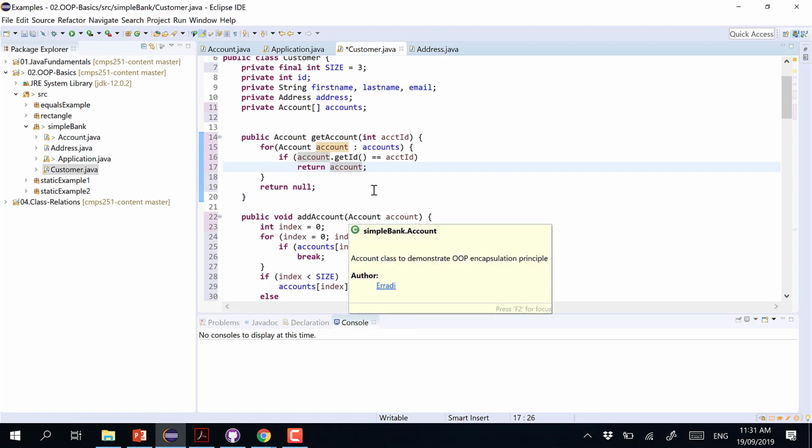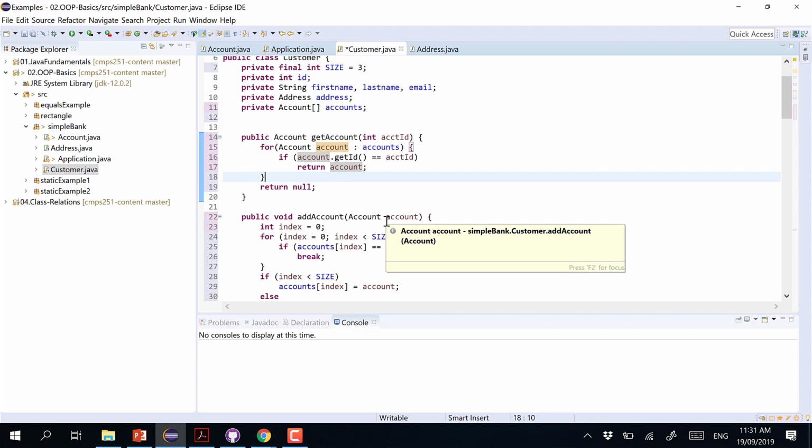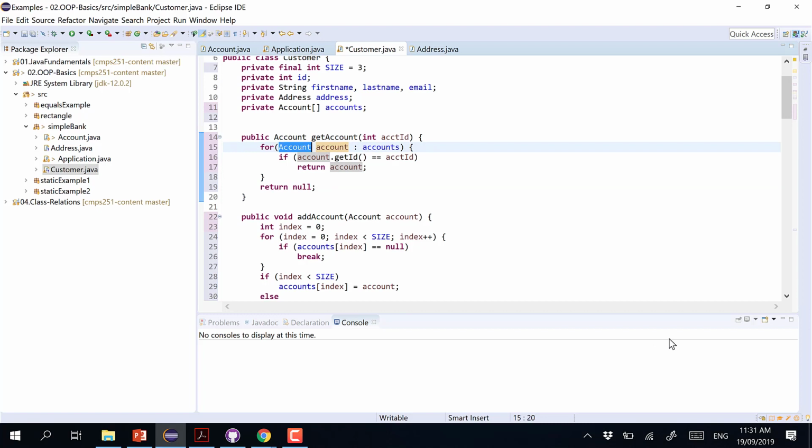Professor, when you say return account, it will return an object? Yes, the whole object. This is the most elegant way of doing it. There's one more if you want to really scare everybody. You just don't put account, put var. The Java compiler will work out the type implicitly from the values. Because I'm looping through an array of accounts, every element's data type is account. So it's up to me whether I will be explicit and say, by the way, you are manipulating a list of accounts, or let